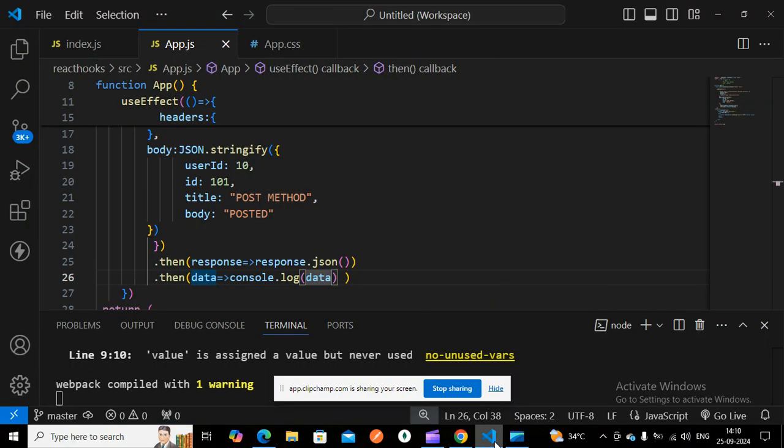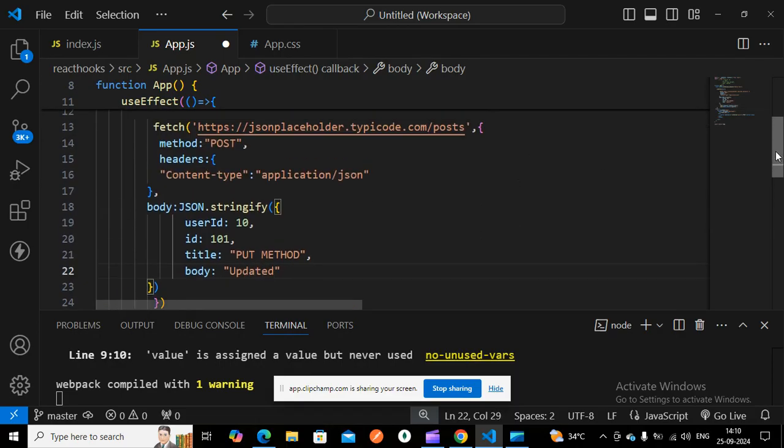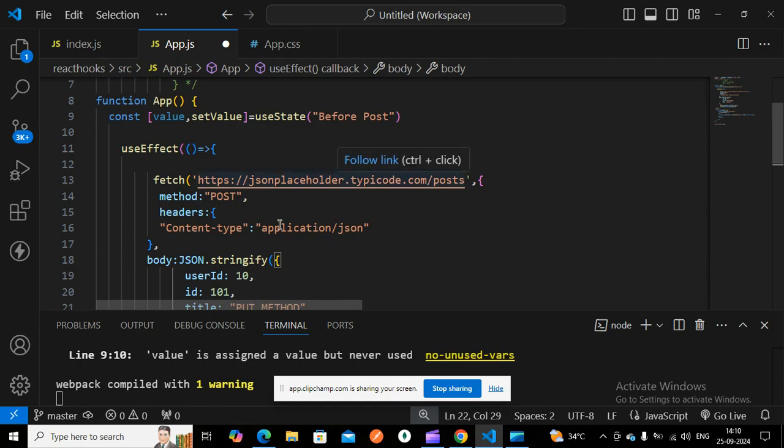If I want to update some value here, suppose instead of post, I have to use the put method. The body I can give as updated. So instead of post I have to give put.